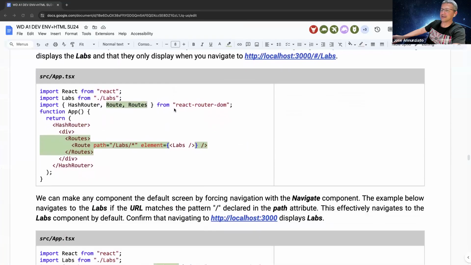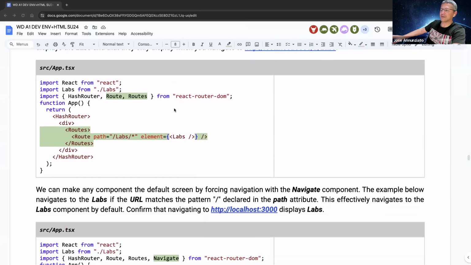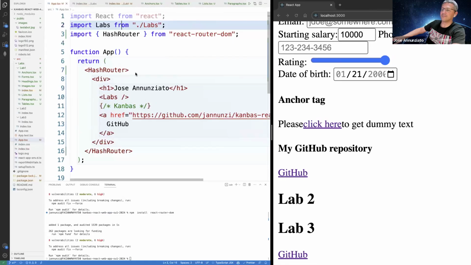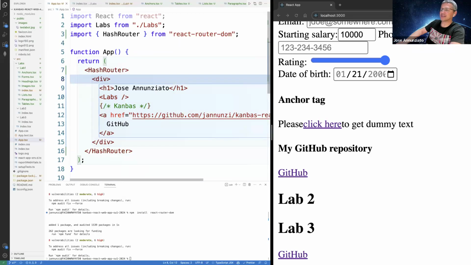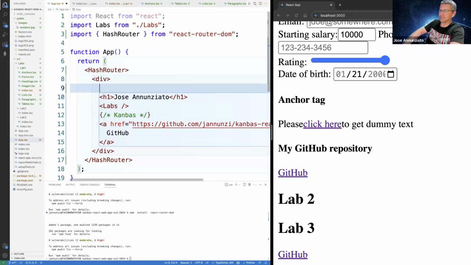And then in here, we want to say, well, sometimes I want to display the Kanbas. Sometimes I want to display the labs. And sometimes I want to display certain other things, depending on what the URL says. And so the way we accomplish that is